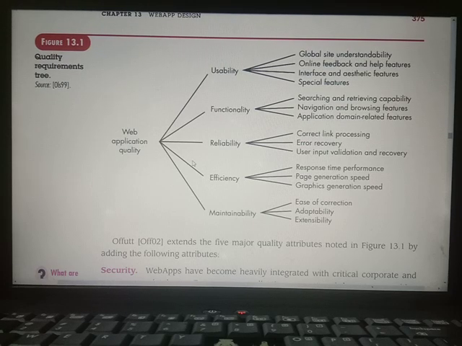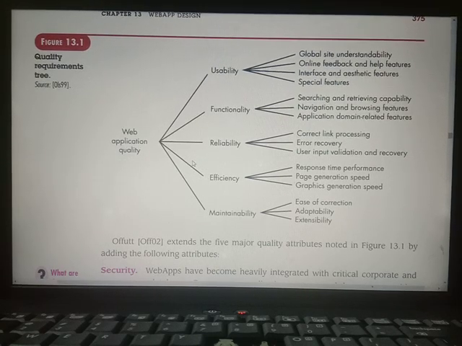The fourth web application quality is efficiency, that is how efficient your designed web application is. It is based on 3 factors: response time performance, page generation speed, and graphics generation speed. The first one is response time performance. Suppose you have opened a web application consisting of web pages, and you open a link.